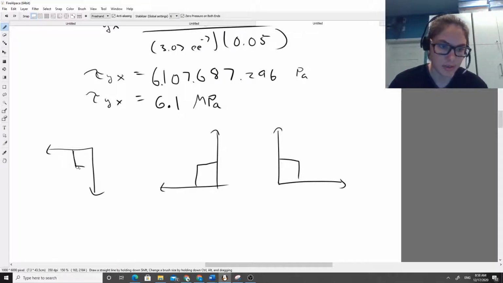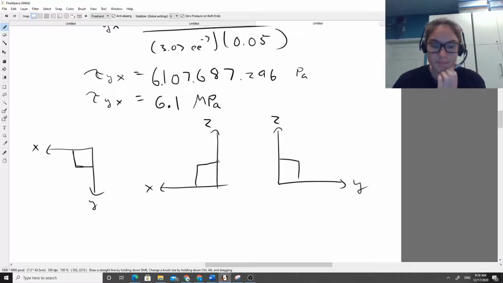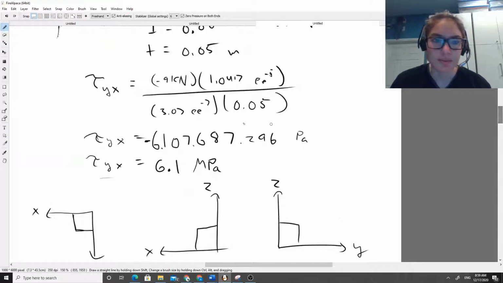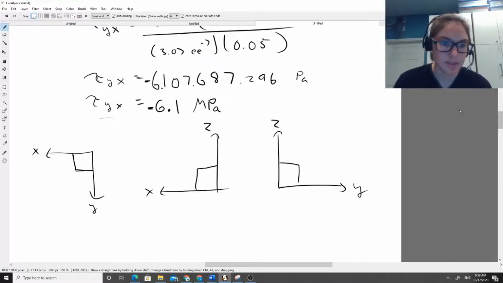So this stress block signifies point H. This is going to be our XY plane. This is going to be our XZ and XY plane. And we can say, okay, it's exclusively acting in the YX plane. Oh, this should be negative, by the way. This should be negative because this was a negative 9 kilonewtons. So because it's a negative 6.1 megapascals and it's acting specifically on the YX plane, we're going to go ahead